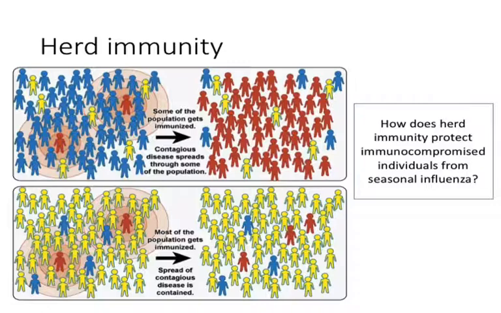In the bottom example here, somewhere around 90% of the individuals are vaccinated against whatever this disease is. The red people are the infected people. The virus can infect other people who have been vaccinated, but they're not going to experience signs and symptoms of the illness because their immune system is primed and ready to basically kill that